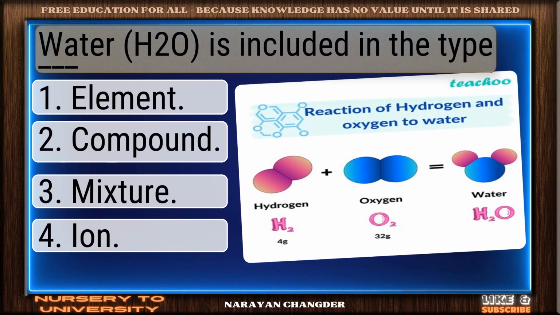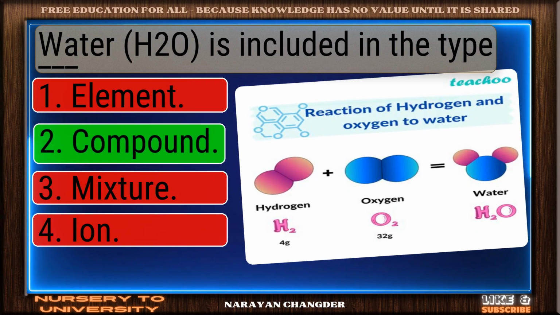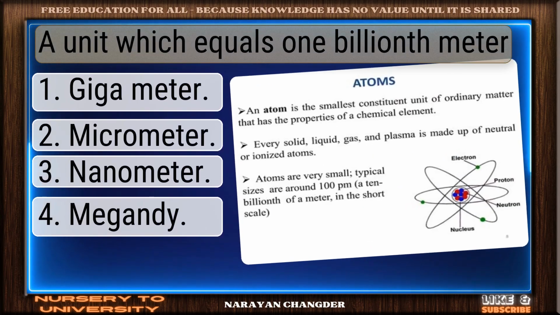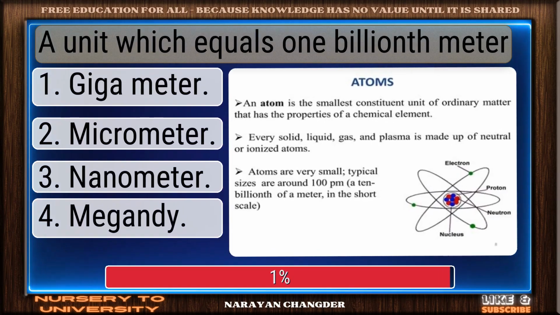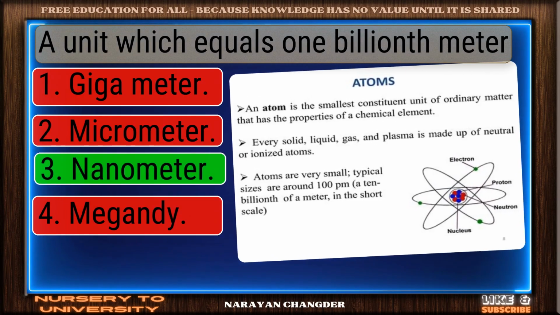Water is included in the type dash. Strong choice. Compound is the right answer. A unit which equals 1 billionth meter. You got it. Your choice